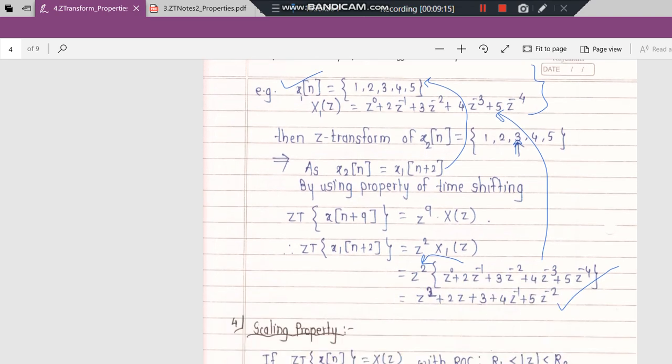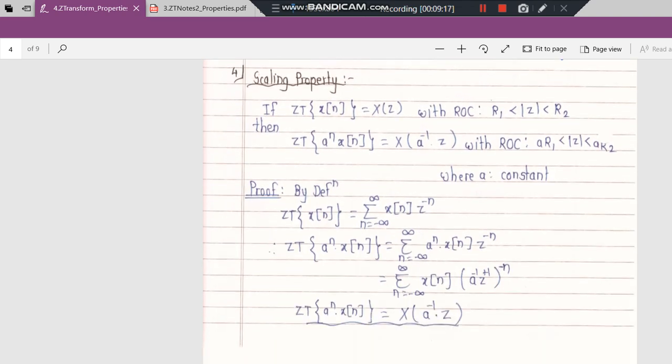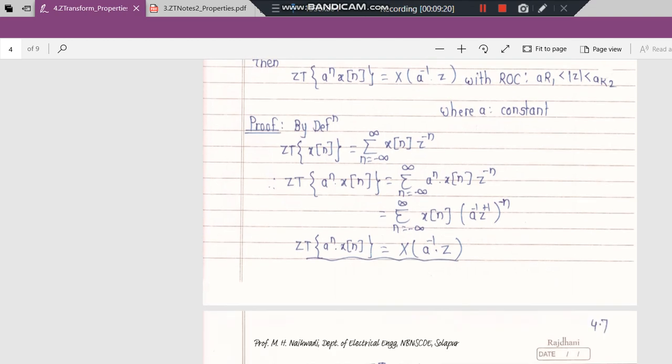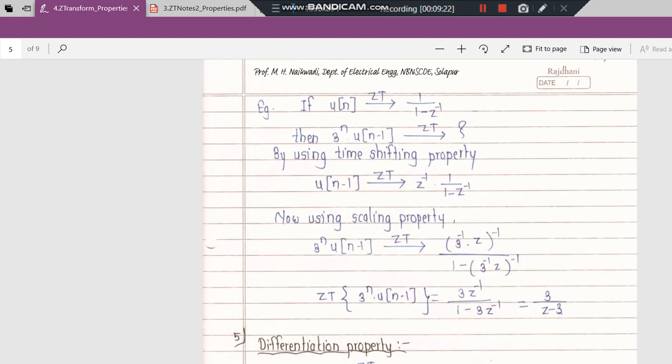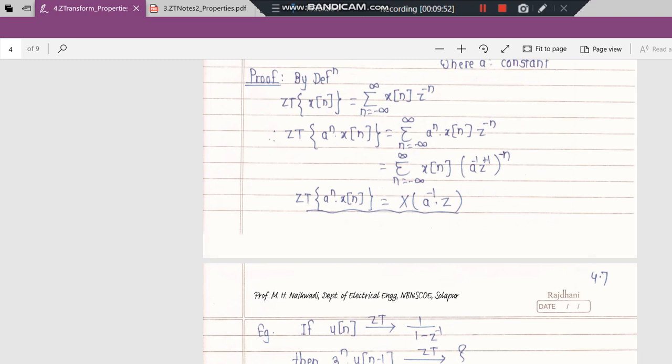Based on that, we apply the particular property and directly get the result. Solving numericals using the property is very simple compared to the traditional solving, where we have to work with the complex equation of the Z transform, different summation equations, different summation formulas and so on. The traditional method of using the definition of Z transform is cumbersome and very complex, but solving the numerical using the properties is very simple.